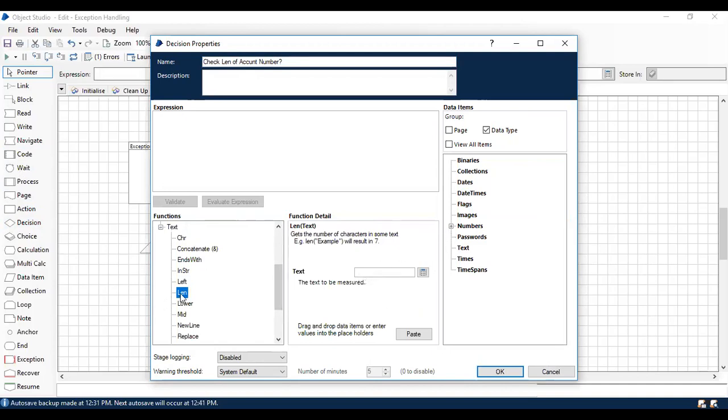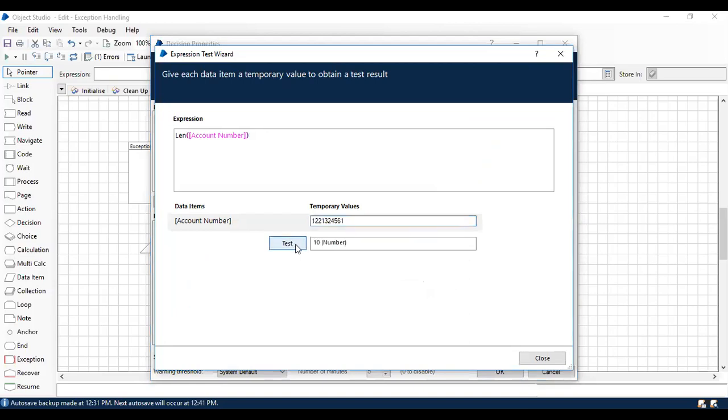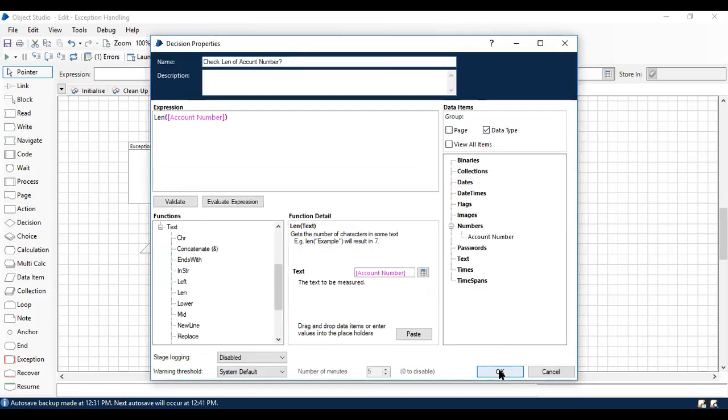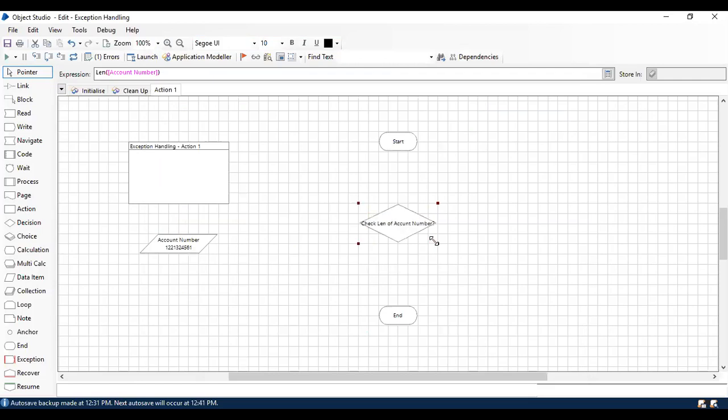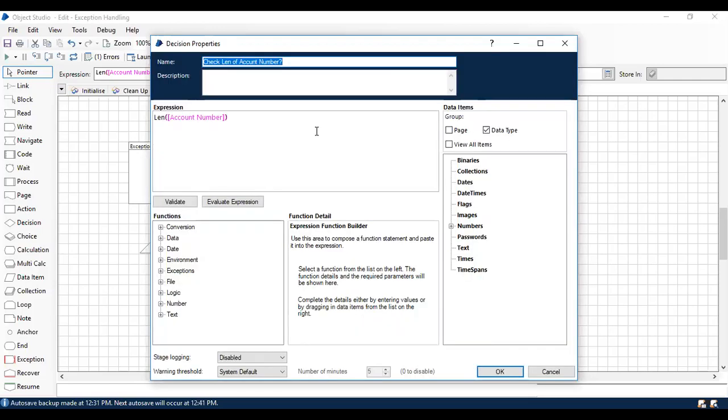And when you click length, you have a function details which is asking to enter the text. You can use the account number, drag and drop it over there, and that will have the values. So now I have the decision which is going to check the length of the account number.